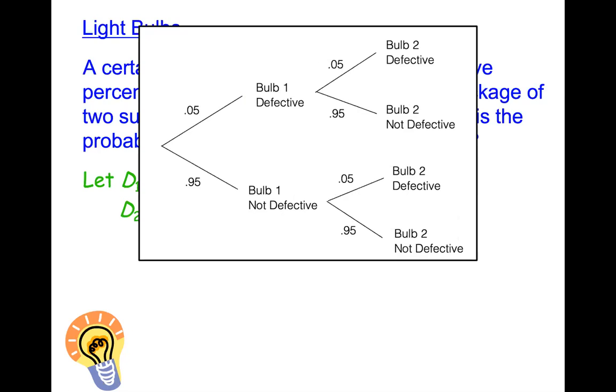I think this is a great first step because when it comes to a more complicated problem like this, it's better to see all the possibilities and then pick out what you need. So we want to figure out the probability that exactly one of these is defective. Here is what I would do. I'm going to highlight,